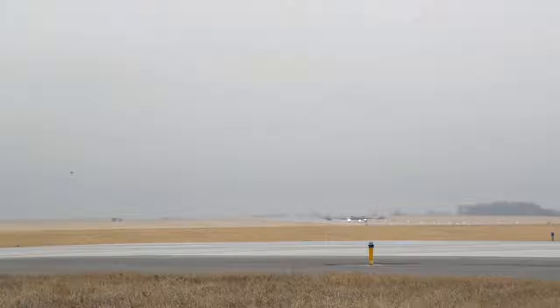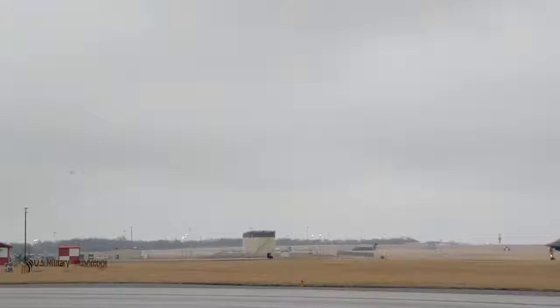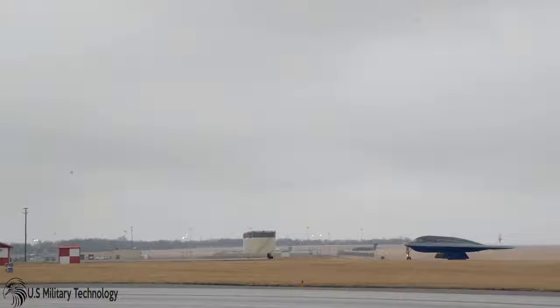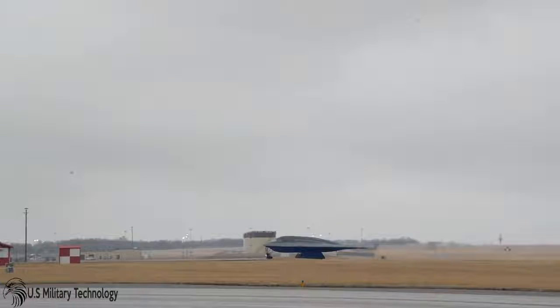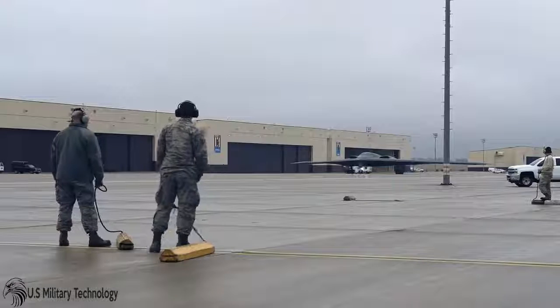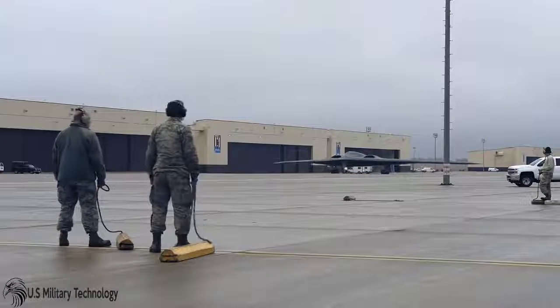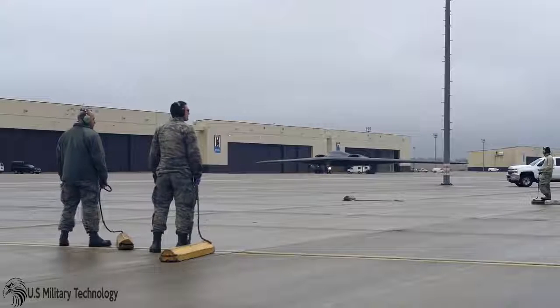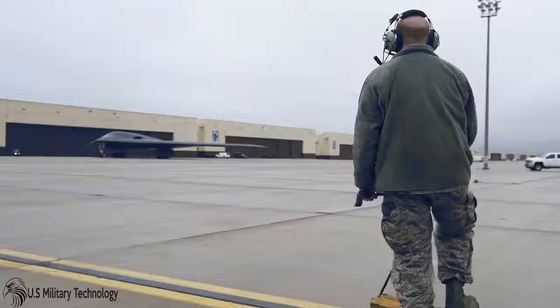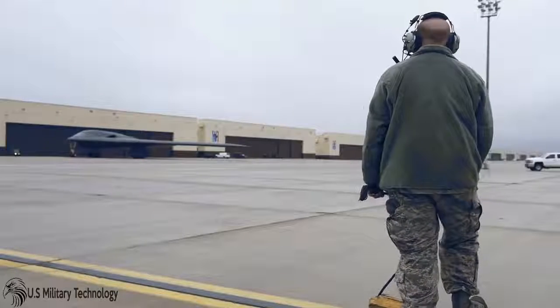The Air Force currently operates 20 B-2 bombers, with the majority of them based at Whiteman AFB in Missouri. The B-2 can reach altitudes of 50,000 feet and carry 40,000 pounds of payload, including both conventional and nuclear weapons. The aircraft, which entered service in the 1980s, has flown missions over Iraq, Libya and Afghanistan. In fact, given its ability to fly as many as 6,000 nautical miles without need to refuel, the B-2 flew from Missouri